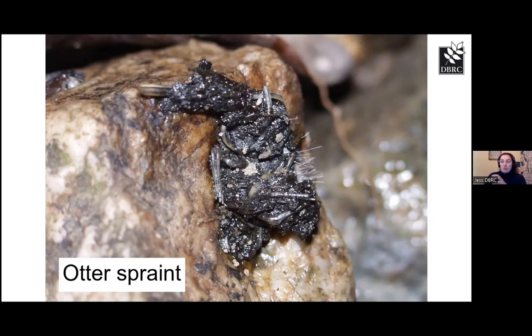Otters also tend to use their spraint to mark their territory, or to communicate with other otters. So they'll lay it somewhere really prominent, something that if another otter came along, they couldn't help but notice it. This one you can see is on the edge of a rock. They'll leave spraint underneath bridges, on big prominent rocks, on trees or roots of trees right next to the river, and where you get little shingle bars on a bend of a river. And where they don't have somewhere really good to leave spraint, sometimes they will make a little sandcastle next to a stream and lay a spraint on top of that,